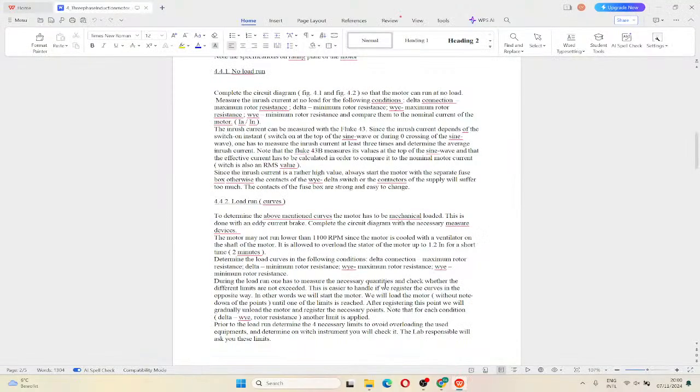Aim for a higher short time. The load one. One has to measure the necessary quantities and check what the different limits are. This is either dependent on